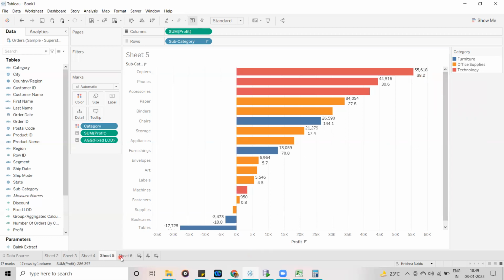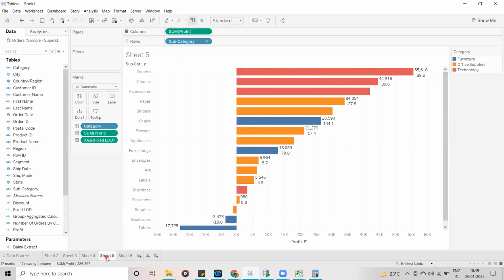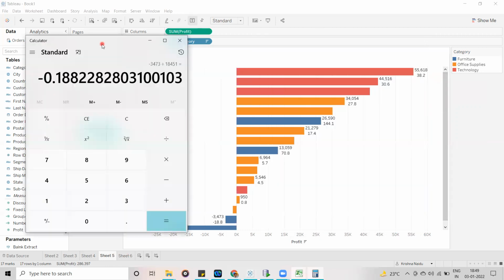Okay, now the simple thing, here 38.2%. Now if you do the calculation here by using the calculator, let me open. So see, here 55,618 divided by 1,45,455.